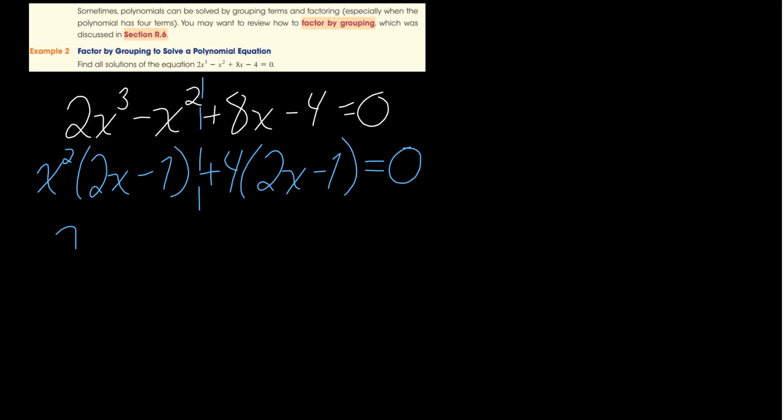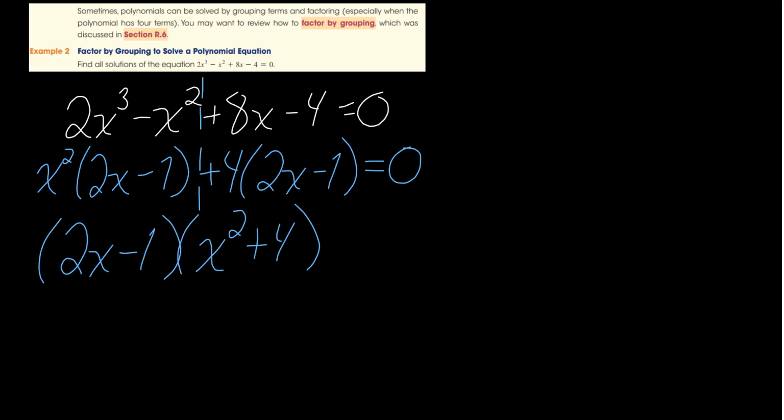And then x squared plus 4, and that is equal to 0. Okay. And then solving for these, this becomes x is equal to 1/2. And this would be x squared plus 4 equals 0. We subtract 4 from both sides, and then we take the square root of both sides. So we would have x is equal to plus or minus 2i. Okay, and then the solution set we'd write